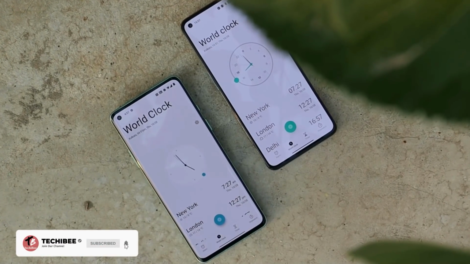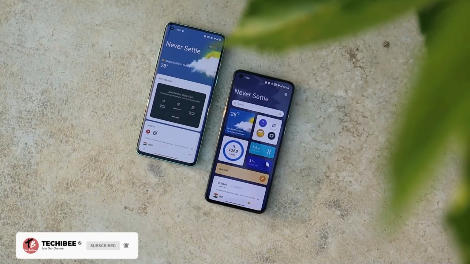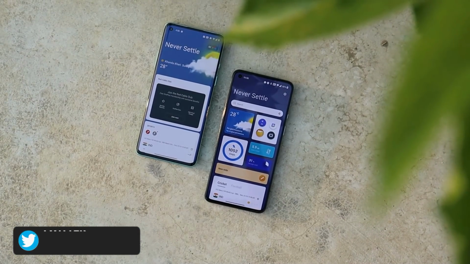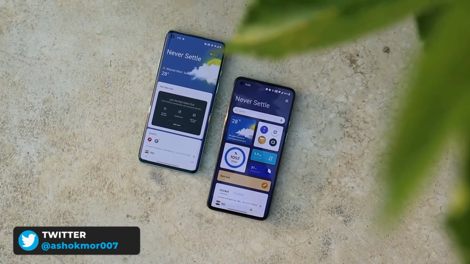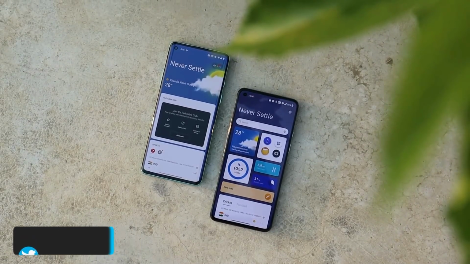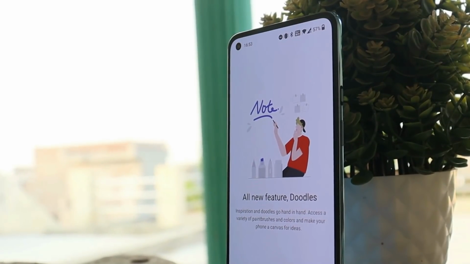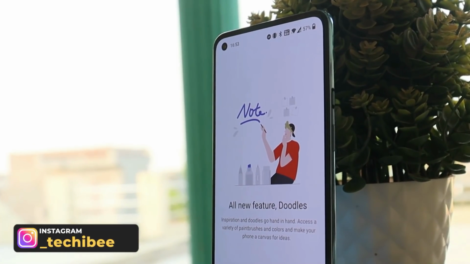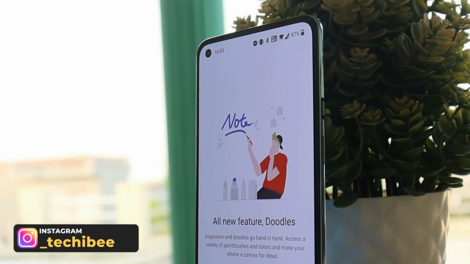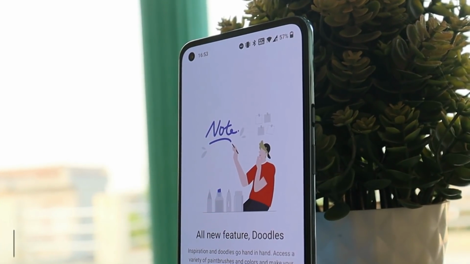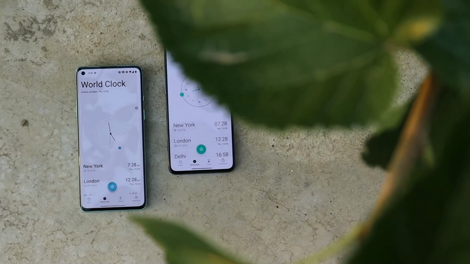We have been getting lots of questions regarding Oxygen OS 12 stock applications from OnePlus, whether those applications are working on other OnePlus devices running Android 11 or Android 10. So here we are starting a new series in which we'll cover all the updates related to applications, and we'll show you all the changes and what new features will be added in future updates. So without wasting any more time, let's get started.